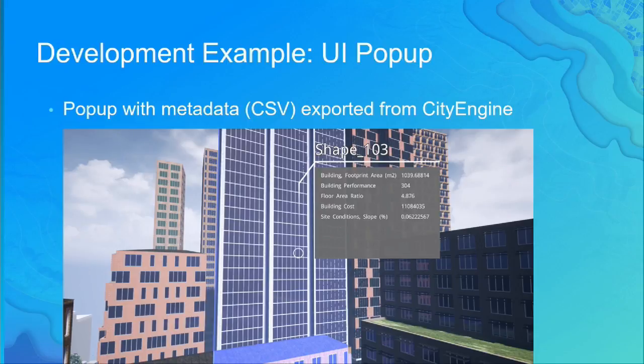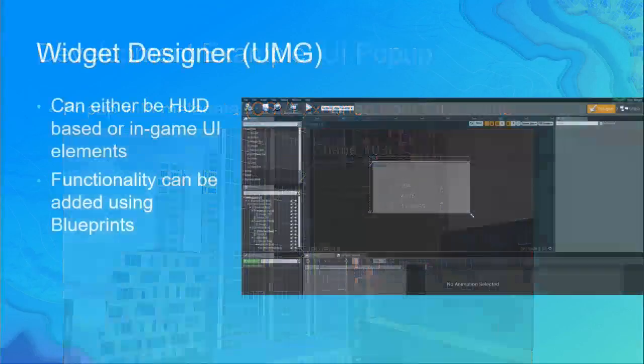What's interesting is, for us a pop-up is built in, for them not. So anyway, let's look at this. Here, you click on that, and then you get the ID of the shape, and of course you get some data, the attributes. And what we currently do is in CityEngine we export a comma separated value list, and then import it into